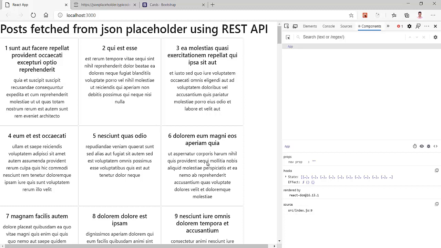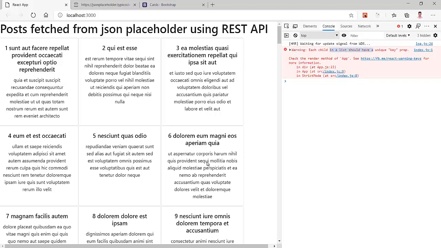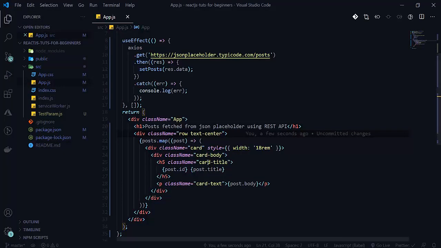This is our ID here, but now there is one error. That will be in the console. Let me show you. In the console there will be an error about key. Because we are using map here, key is required. If you don't know about key, you can watch my previous videos about list and map. We have to write a unique value for each post, so the key will be provided by our post.id, because id is different for each post.